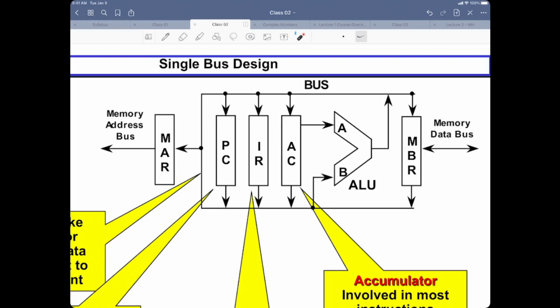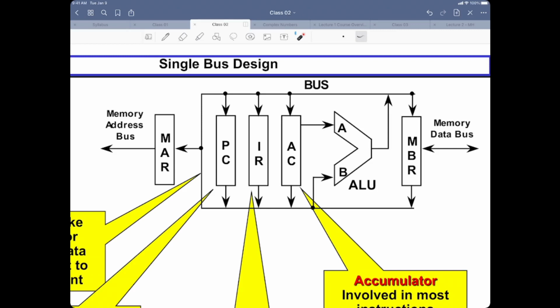So it is going to be consistent with the data bus, right? All right. Next, you have the ALU. Now notice, one of the sides of the accumulator is hardwired to the A side of the ALU, right? You guys see that? So if you were doing addition, you could have one number in the accumulator and your